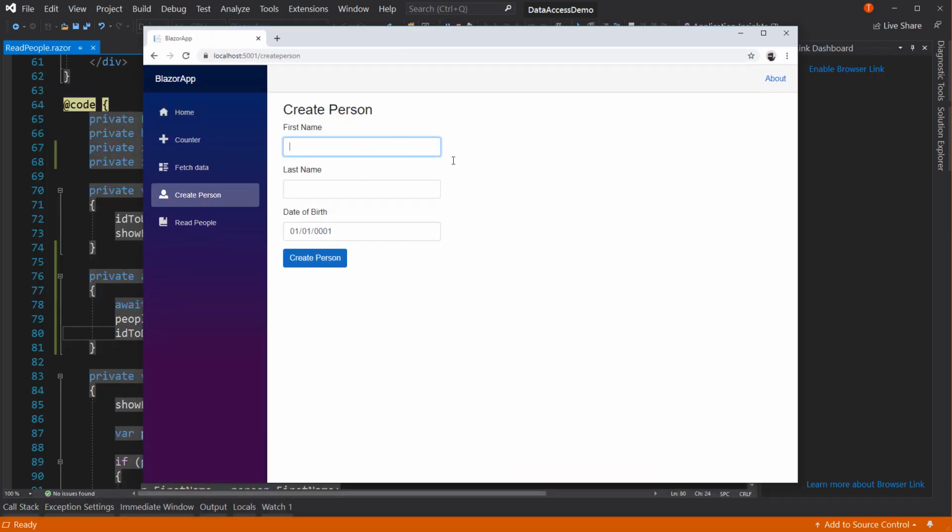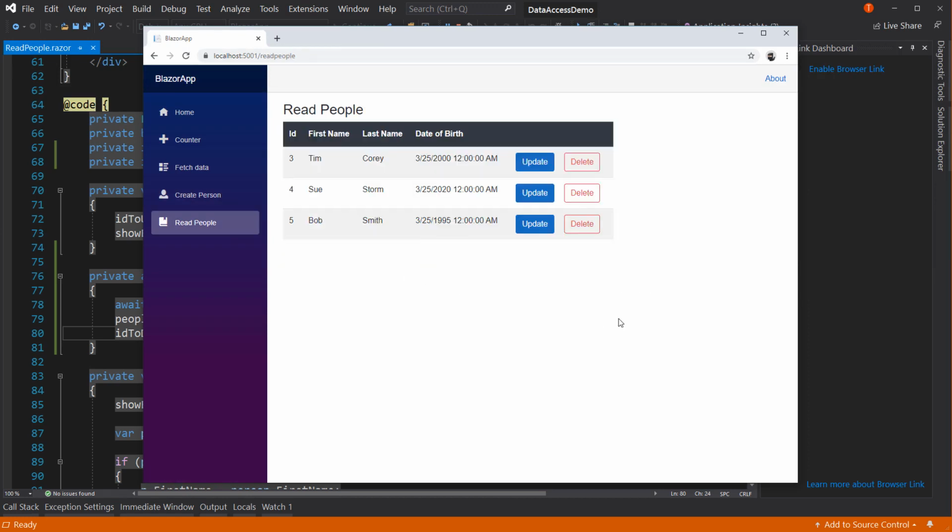So we live and we learn. Tim, Corey, and Tim's got a, let's do 2000 because I'm sure I'm 20 years old, at least. Sue, Storm, and Bob Smith. We need to change that year, though. We can default this to a different year or a different date. There we go. So now we have 3 people. Tim,